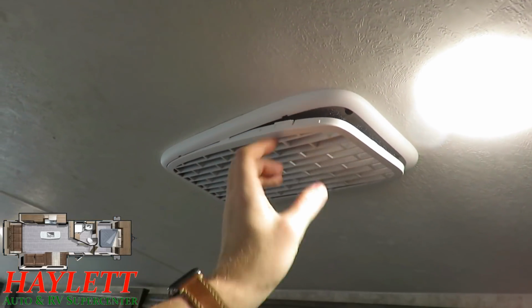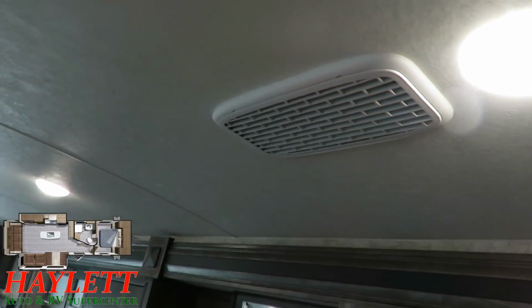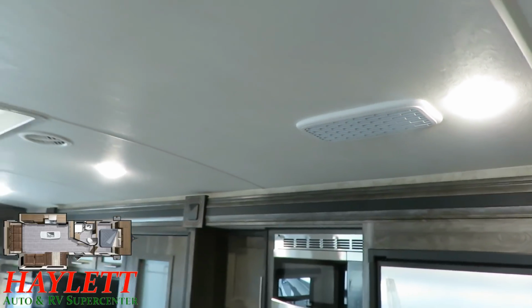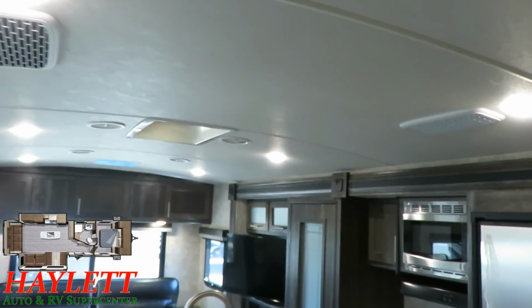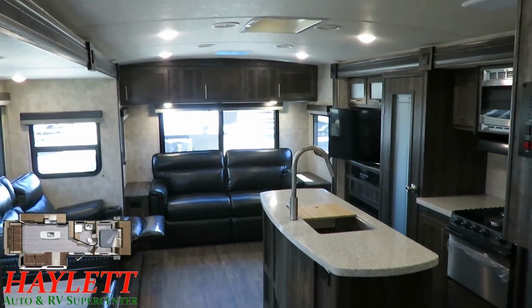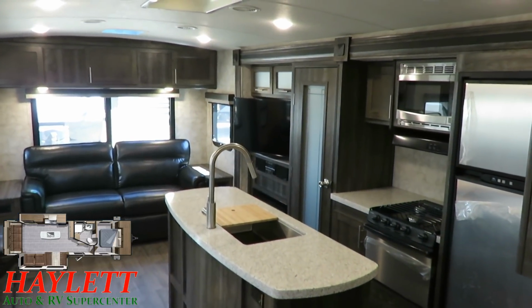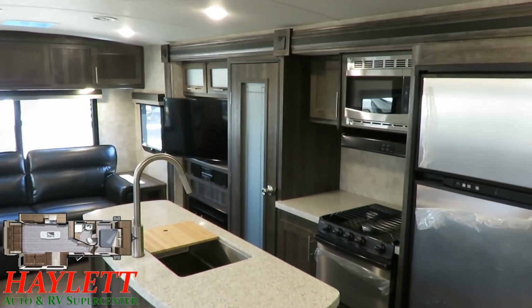So you can see, yes, it does have air filters up in there, and they are very easy to drop down, even with my left hand, and exchange. It knocks down at least half the noise of the air conditioner, so when the TV is on and the air conditioner compressor kicks on, you don't have to scream at one another to be able to hear the TV or hear one another. I don't know why screaming at each other would help you hear the TV, neither here